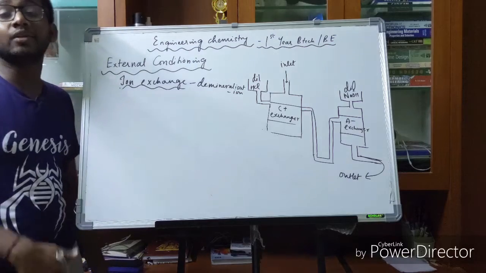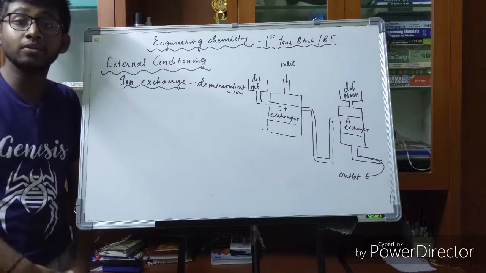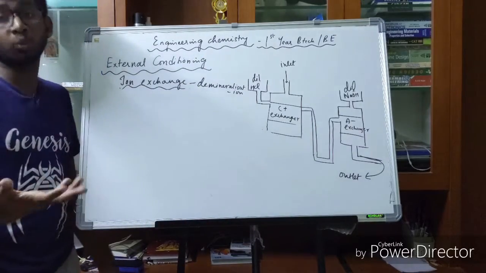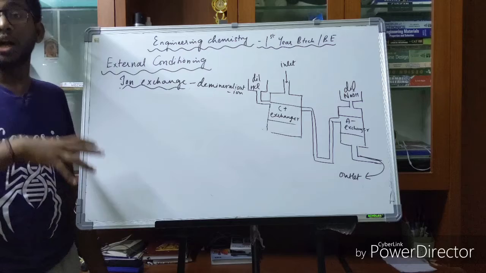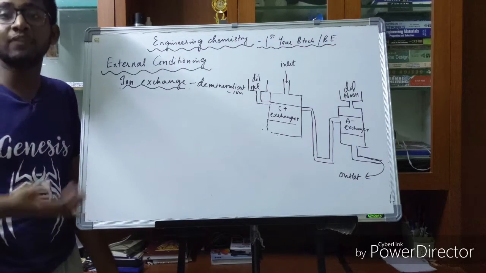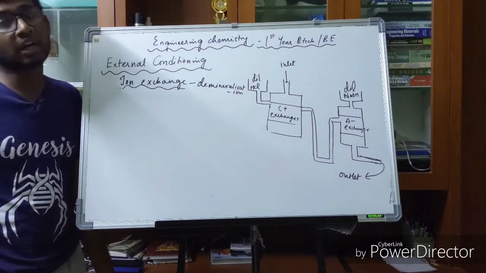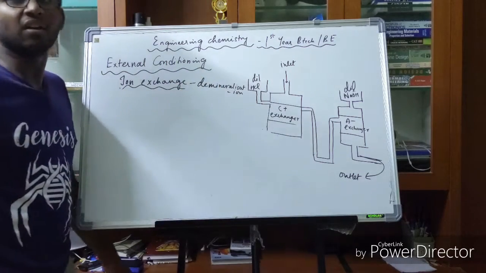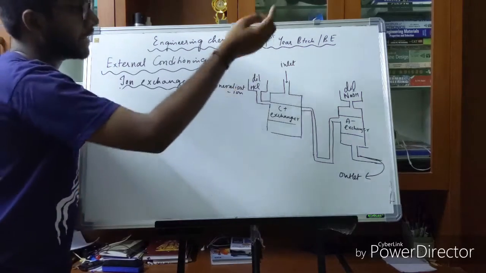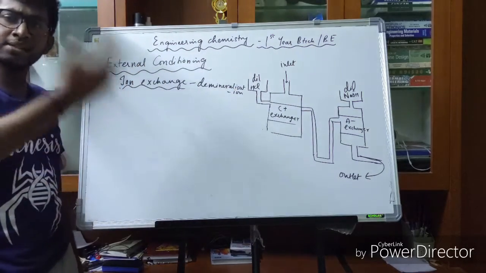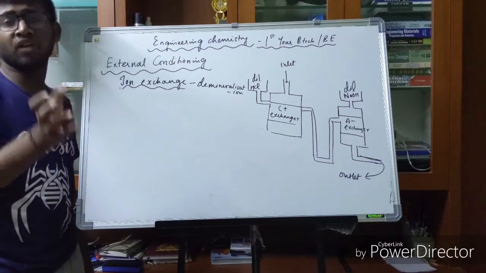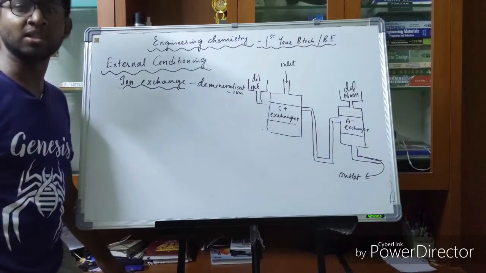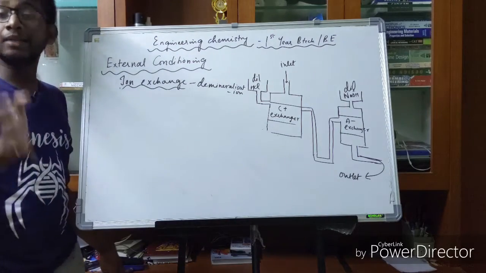And then turbidity reduces the output. The turbid water reduces the output. Output in the sense, the outlet will generally have pure water, or the water which is demineralized. The output of such demineralized water will be reduced if you make use of turbid water. And it's very costly to have such a setup because you make use of a lot of chemicals, right? First of all, you use dilute HCl and dilute NaOH. The cation exchanger has chemicals having a lot of functional groups, COOH, SO3H, and the anion exchanger also has a lot of chemicals. The setup is very costly.